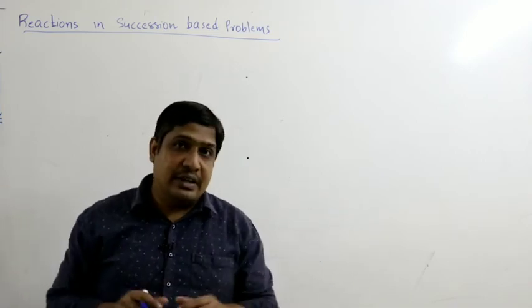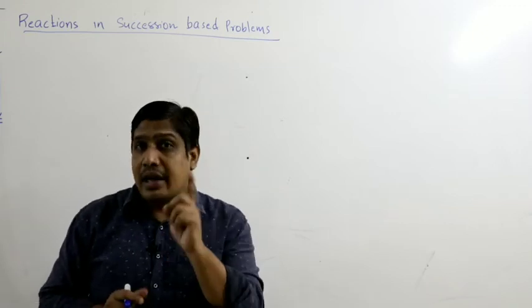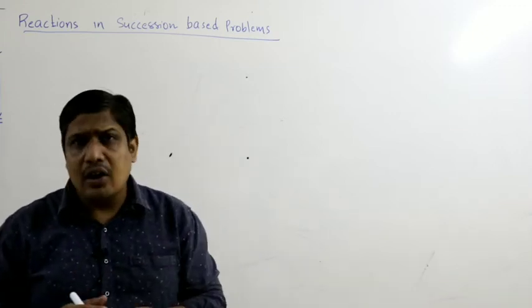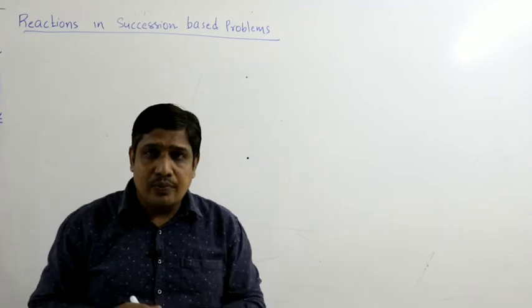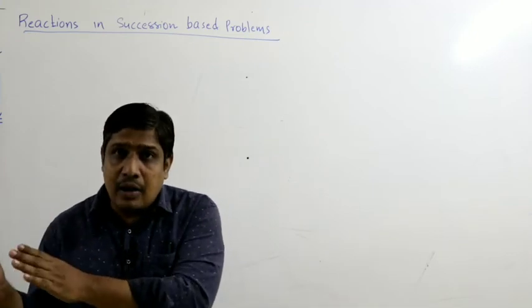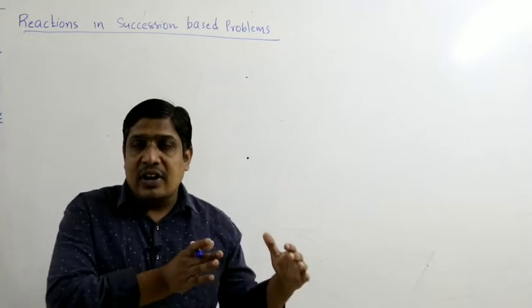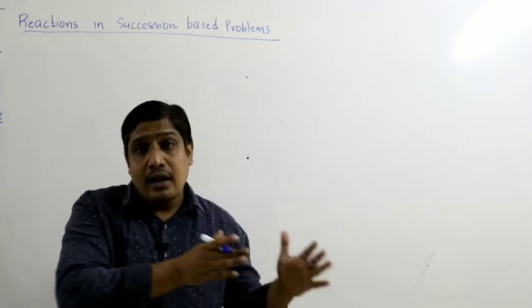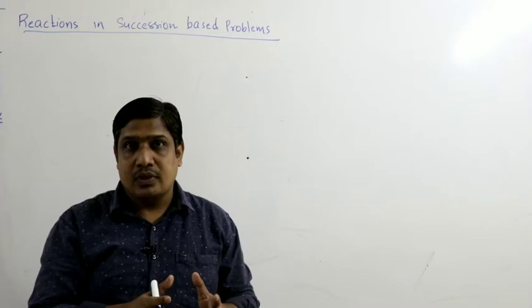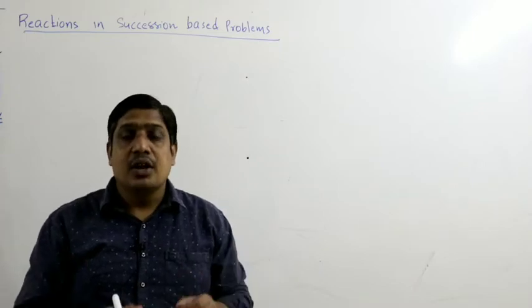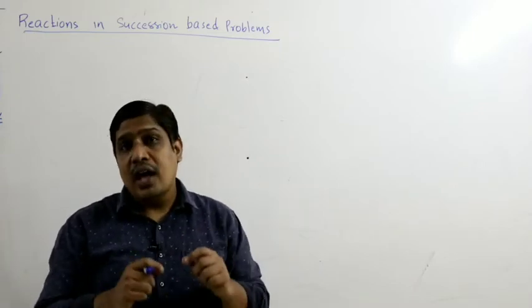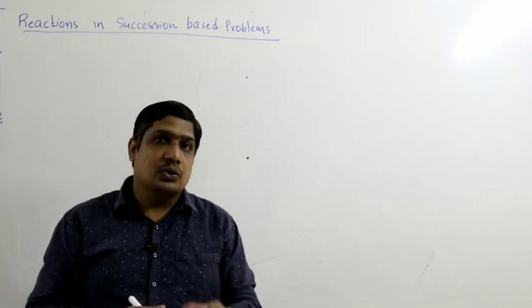Remember, these two are different reactions. What is common in them? A component. It can be a reactant or product. So what we have to do? Find the relation between the given component and the common component. Keep it aside. For the second equation, find the relation between the required component and the common component. Using this relation, you have to find the amount of the component that is asked to find.